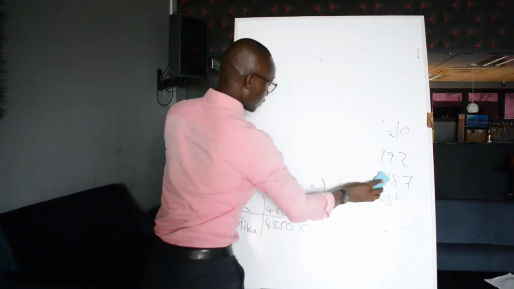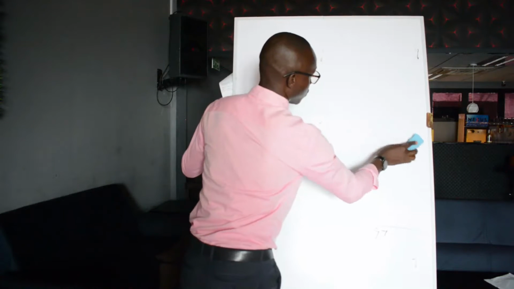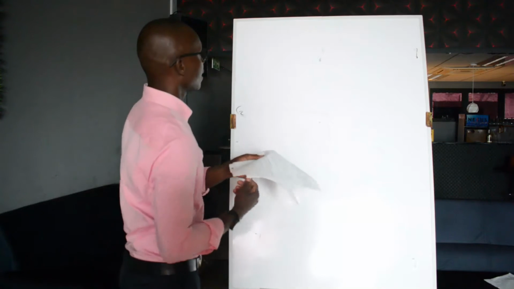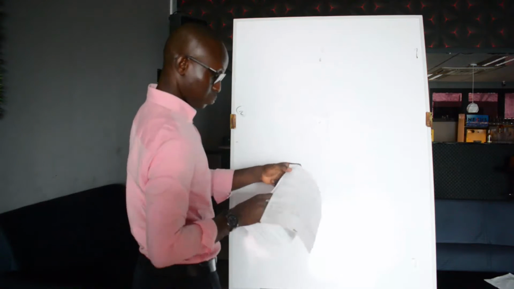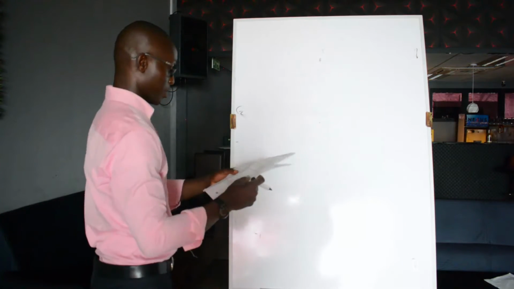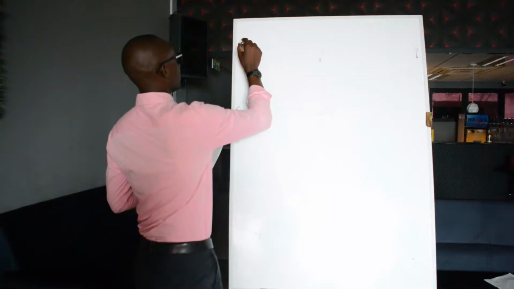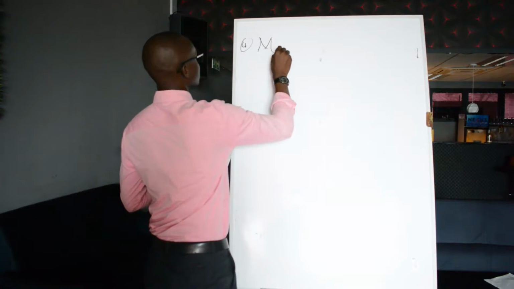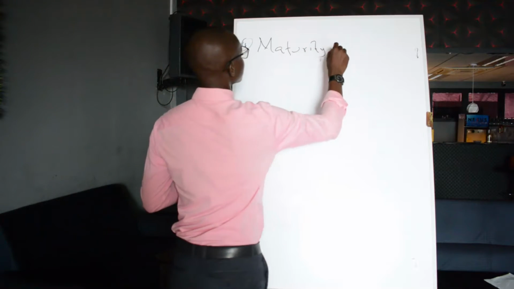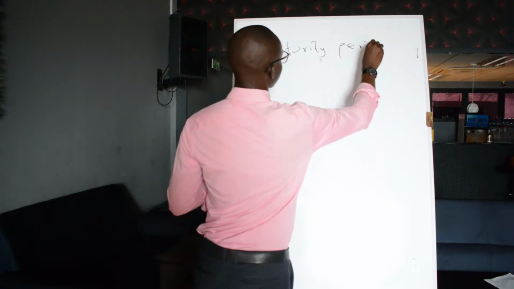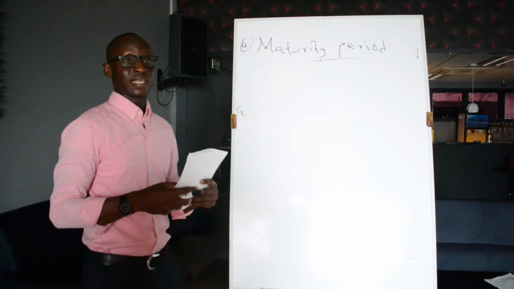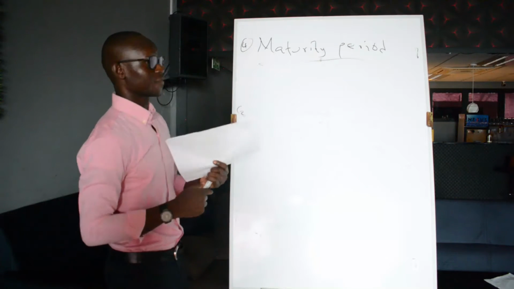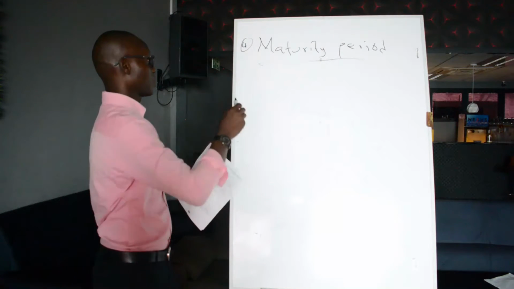Let's look at the other points involved and see the way forward. Good. Now, the fourth point will be investment maturity period. Maturity period is the time frame that an investment will take to mature. That is from the starting point to the ending point, or from the starting date,